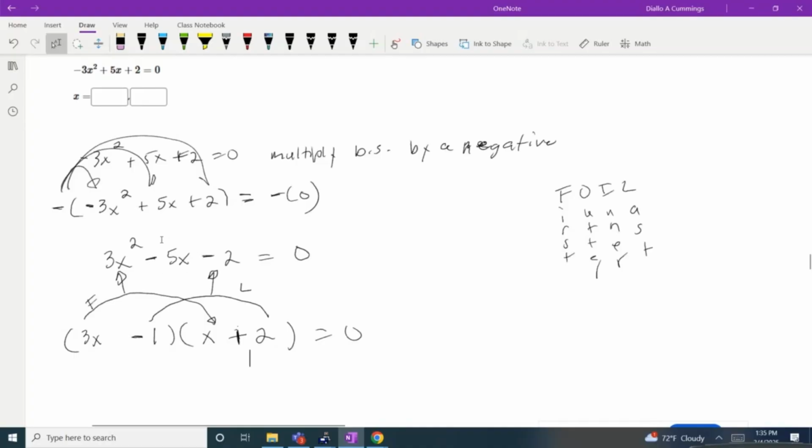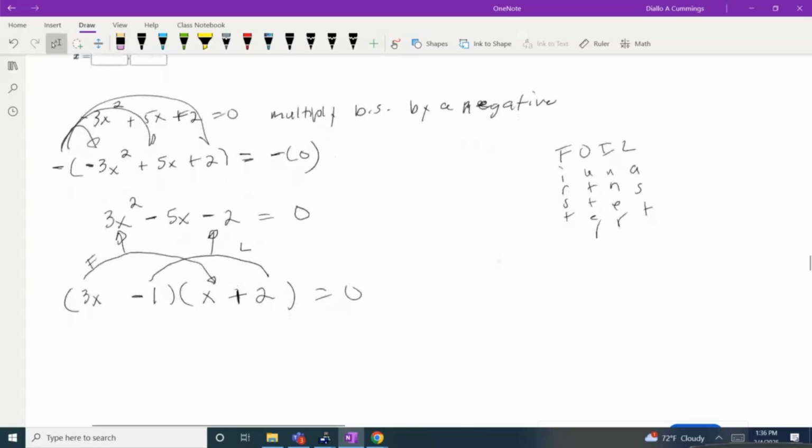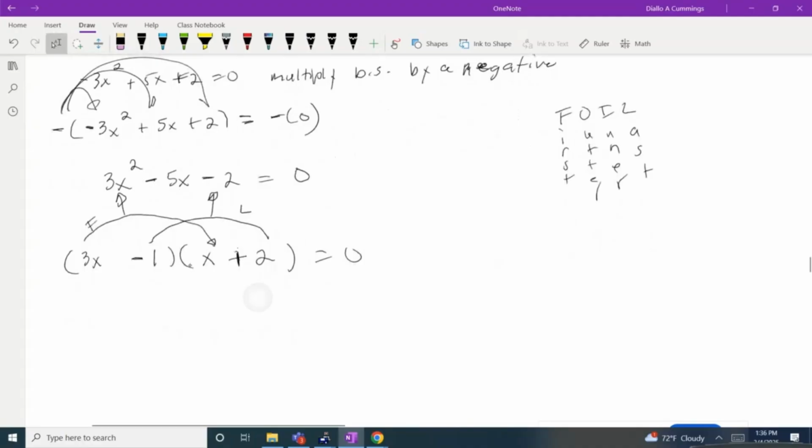You have to check this middle term. So what do you have to do to check the middle term? Well, in this FOIL method, when you multiply the first terms, that gives you the first term in your trinomial. When you multiply the last term, that gives you the last term in your trinomial. But when you multiply the outermost and the innermost,